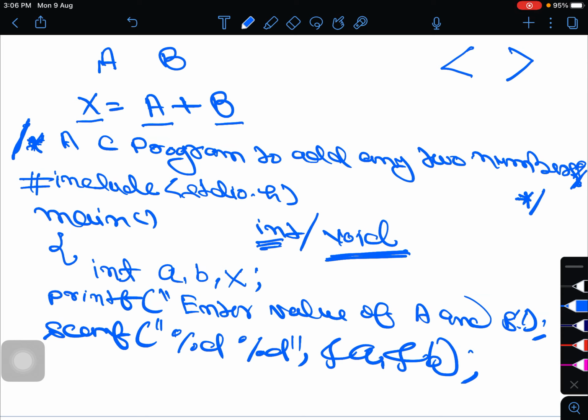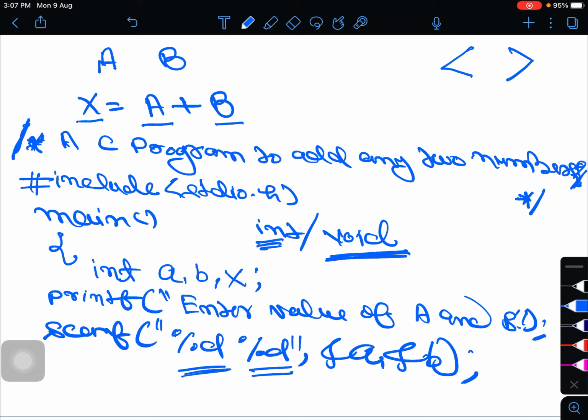This printf function will display the message on the computer screen, and this scanf function will read the values of a and b through the keyboard. This %d and %d.